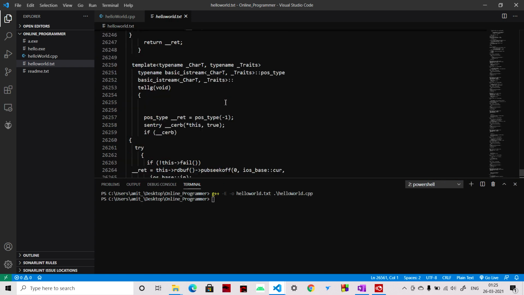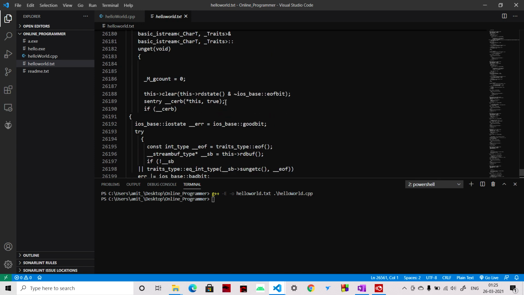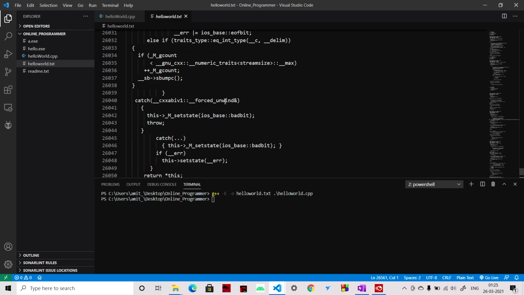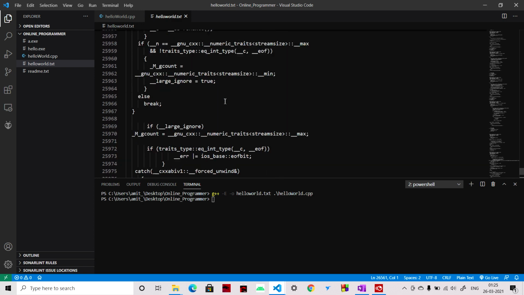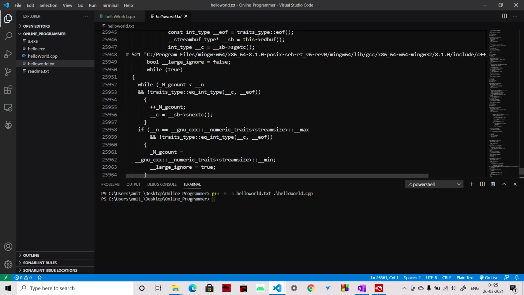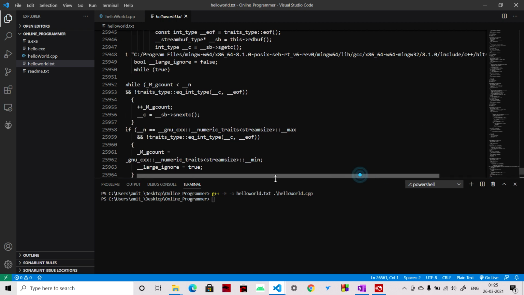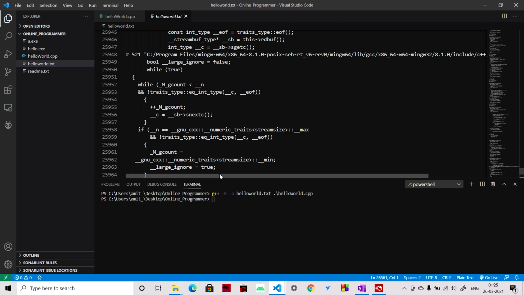You can also directly go to these locations, like this location. Here you can see istream.tcc. Basically what happens is one library includes another library, and that library may include some other libraries.